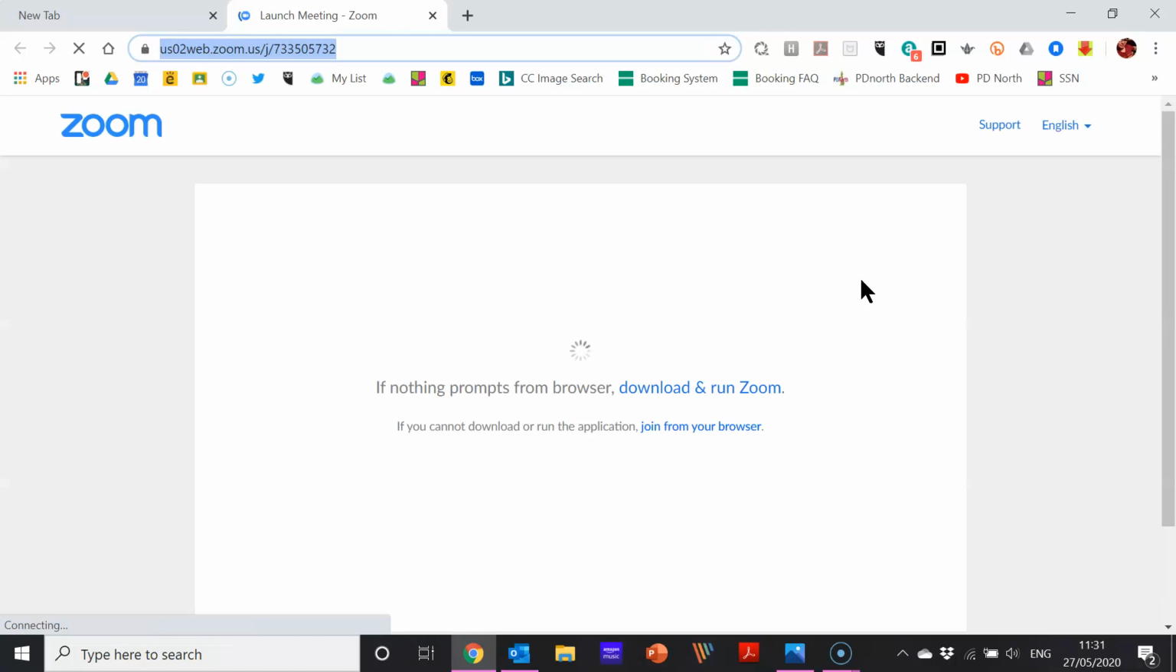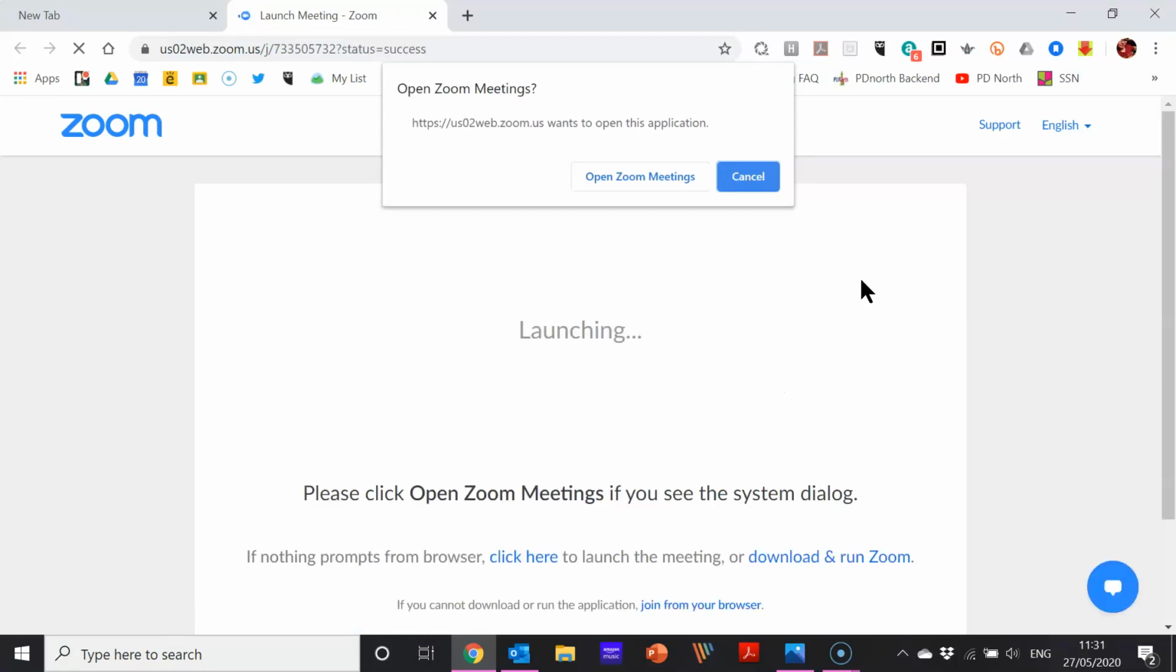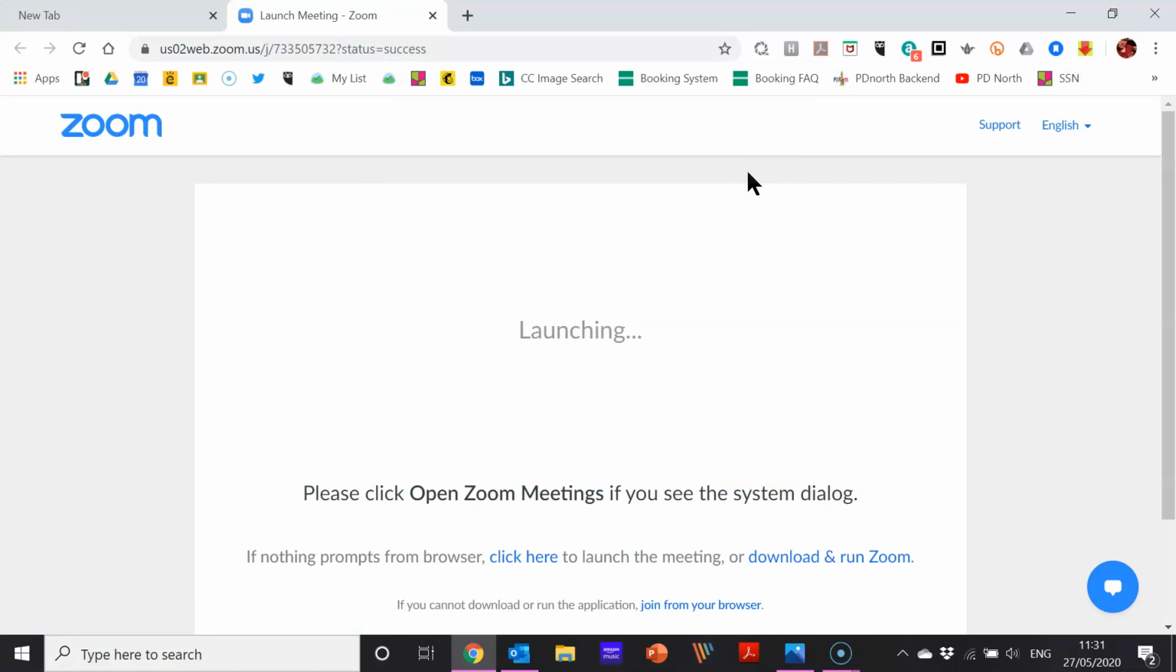I've already downloaded the client, so in a moment it's going to pop up and ask me to run this. There we go. It will ask whether I want to open through the Zoom client, Zoom meetings. I'm going to click cancel because I'm going to pretend that I haven't already downloaded that. And instead, this is what you would click down here if you wanted to just access it through your browser because for whatever reason you can't download or run Zoom. If you click on that,